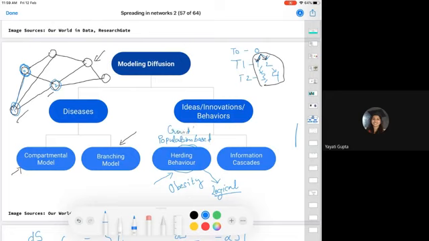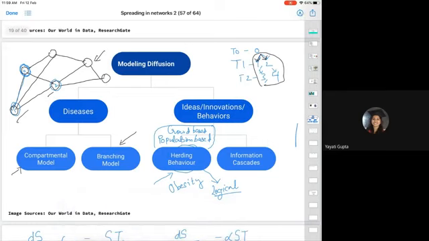And sometimes the crowd-based models work out to be very, very nice. If you know about Wikipedia, it's completely operated by the crowd, and it gives you one of the most authentic and correct, most elaborate information about most topics. There is no underlying network. Now coming to the last part, which is information cascades.